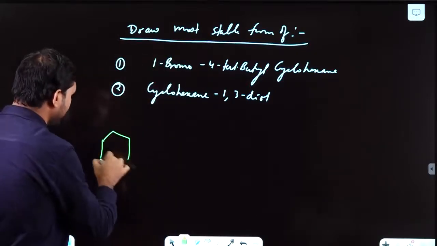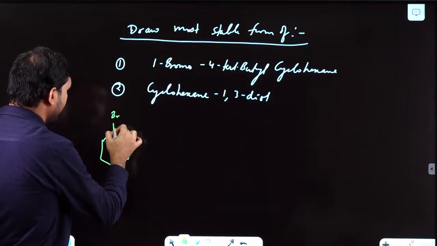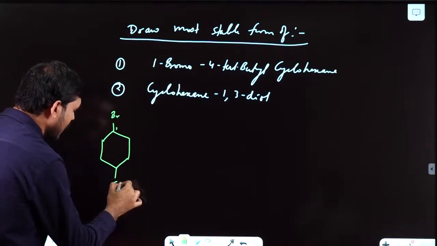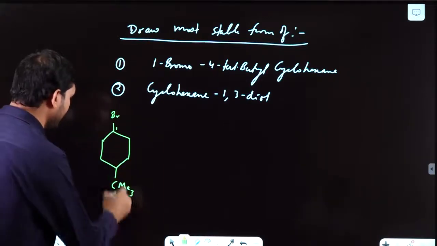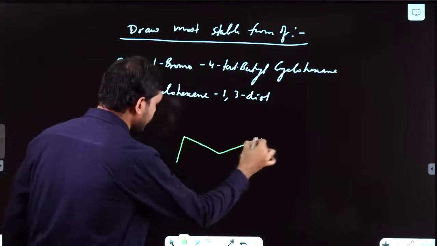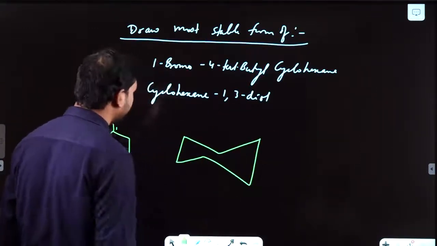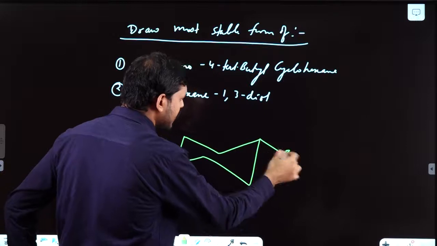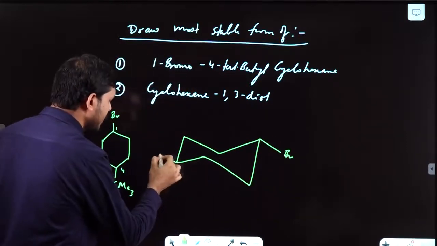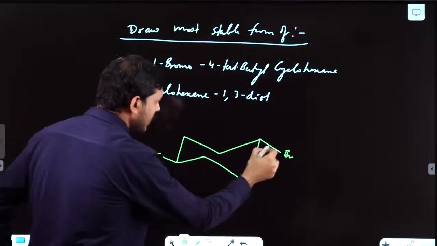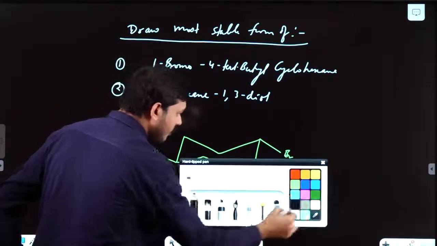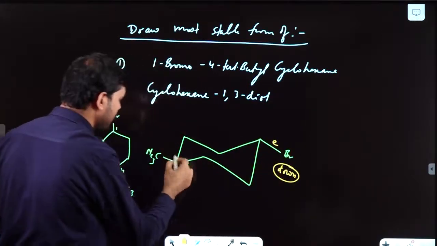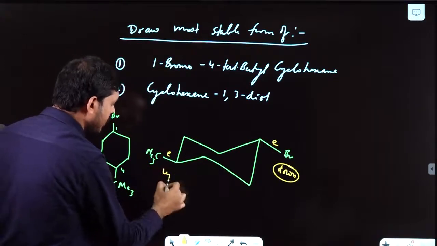1-bromo, first of all let's take 1-bromo 1 and 4, 1 2 3 4. This is having tertiary butyl, means this carbon is having CMe3 group. Okay, this is your 4. Now if I'll say this bromo downside, okay, Br, so this is equatorial. So this CMe3, now here it is downside. Okay, now understand this part also. Downside, this is equatorial, this is also equatorial, and this is your upside.